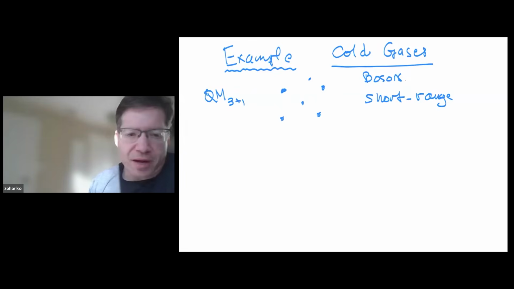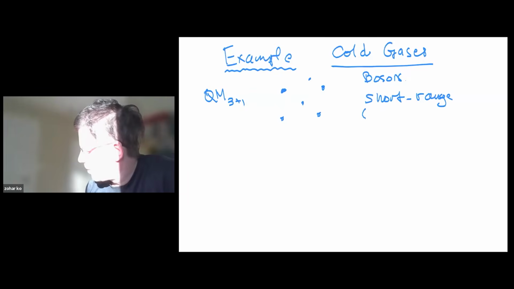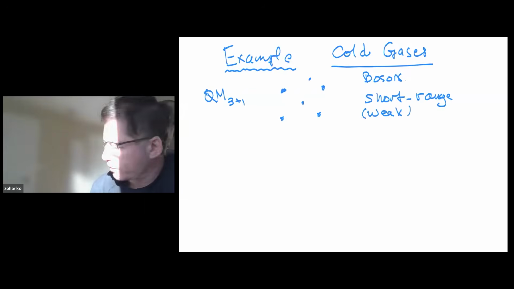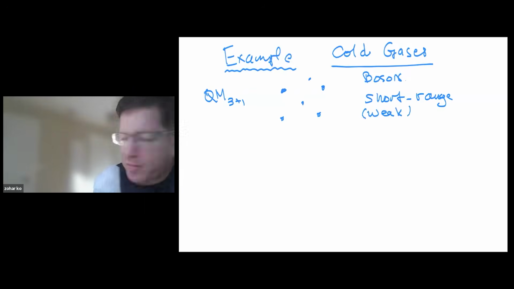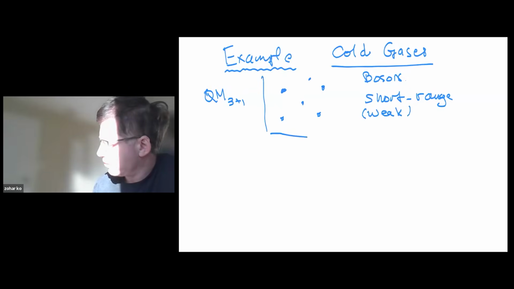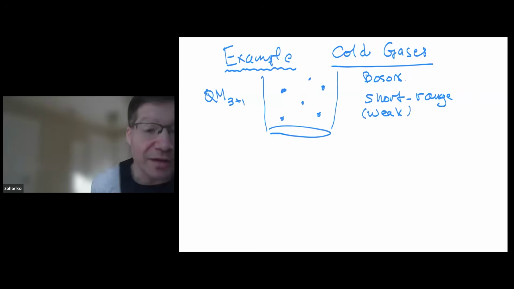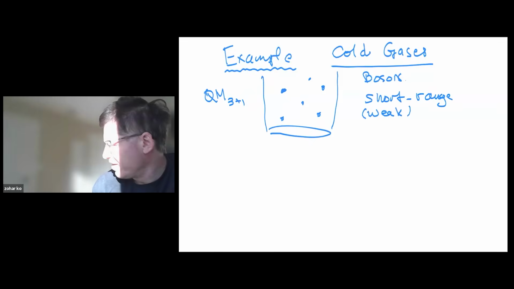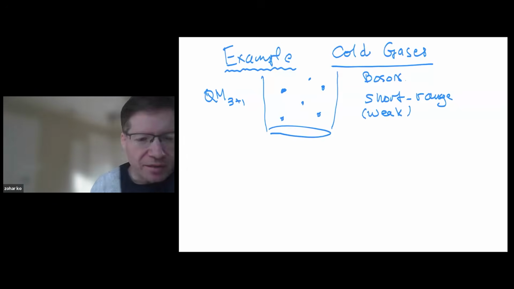Okay, so classically, what is going to be your classical intuition with weak short range interaction? Maybe somebody can say, what do you expect from particles with extremely short range interactions in some big bucket? Let me just draw the bucket. So this is some big container. The bucket is a container. What do we expect? What would this do? Anybody in the audience? What happens with just ordinary particles inside a big bucket?